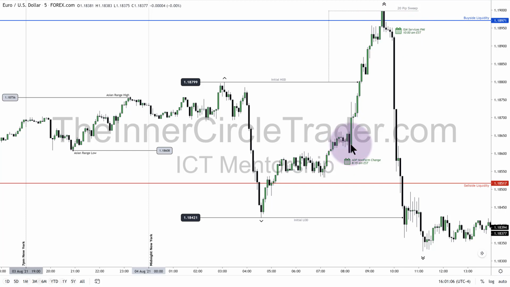The initial number here came out that was poor for dollar, sent price up. It swept the buy stops. Then they released data that was strong for dollar, and then you have this displacement on the downside attacking the sell side liquidity. So if we take this and go one step further,